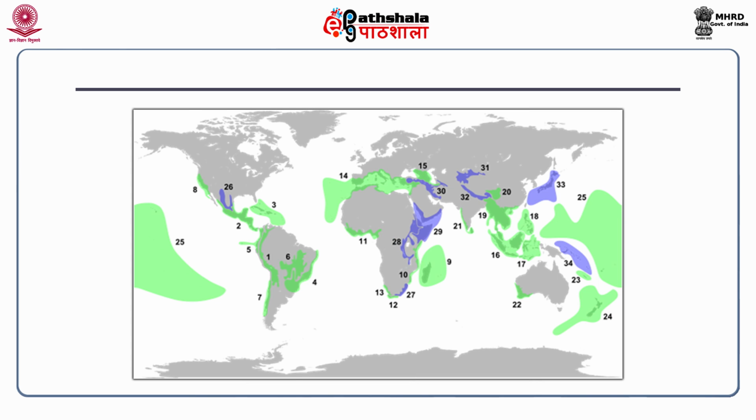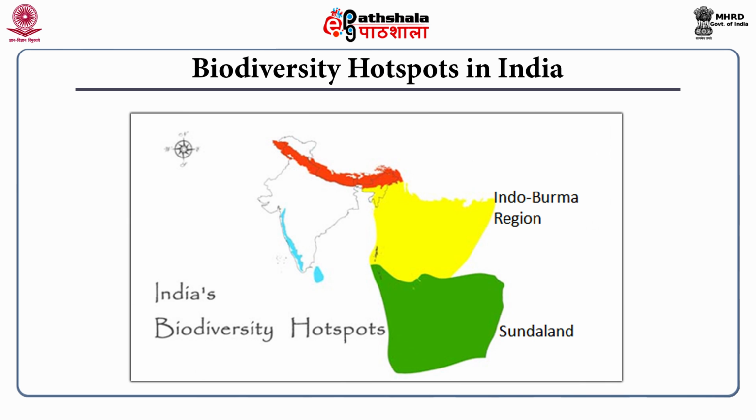So, there are a number of hotspots in the world, out of which 4 are in India. The 4 hotspots in the Indian subcontinent are the Himalayas, which was added later. The original 3 hotspots were the Western Ghats in South India and the Indo-Burma region, that is in northeast India, as well as including the island of Andaman. A little bit of the islands, the Nicobar island, is part of the Sundaland, that is yet another biodiversity hotspot. So, we now have 4 hotspots in India. The 4th one, lately added, is the Himalayas, including the east too, as the whole Himalayan region is the 4th